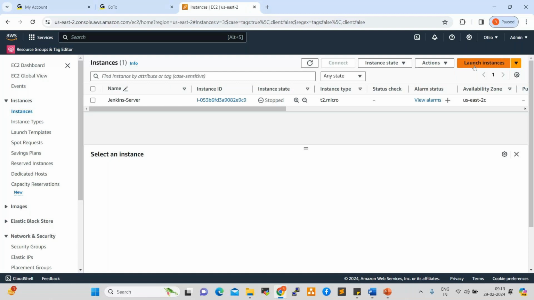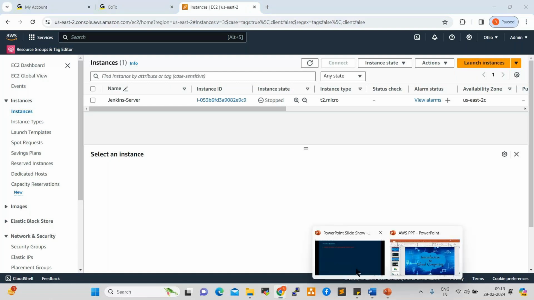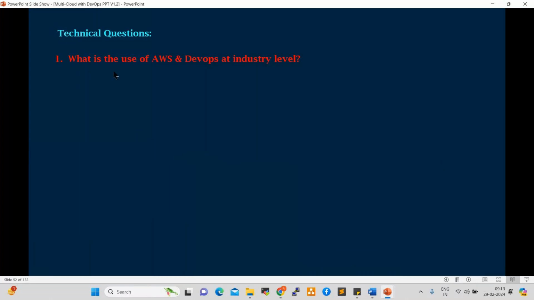So here, what is the use of AWS at industry level? You understand, right, everyone? It is cost saving, time saving. Time saving means these servers are on-demand servers. So quickly, within 1 minute, we can create servers. Not only one server, 100 servers, 1,000 servers also we can create within 1 minute with all required packages, all configurations. How can we create that? I'll show you practically while working on AWS. So within 1 minute, we can create a number of servers, right? So you understand that, everyone. What is the use of AWS?